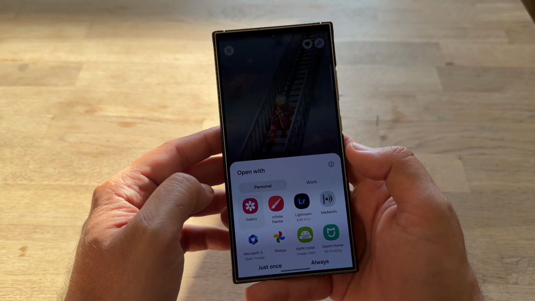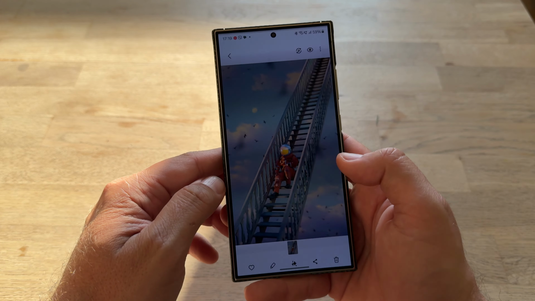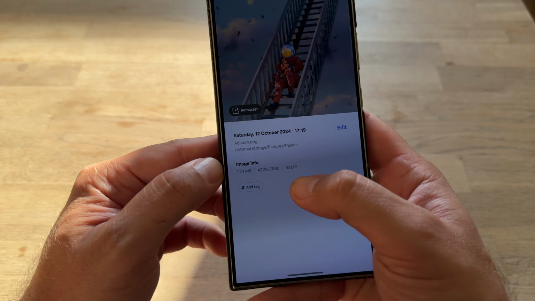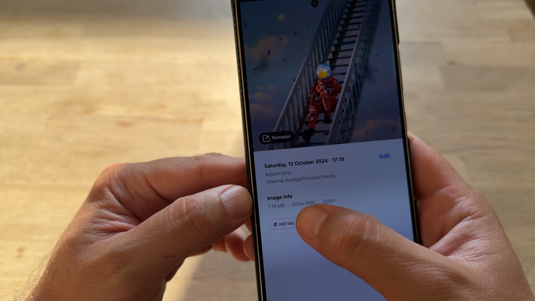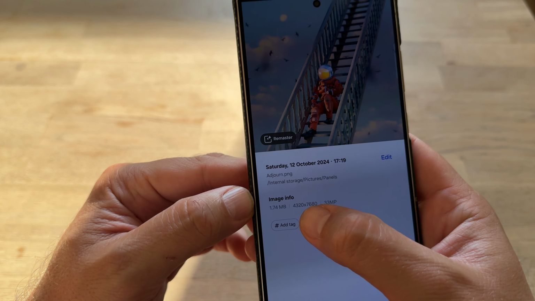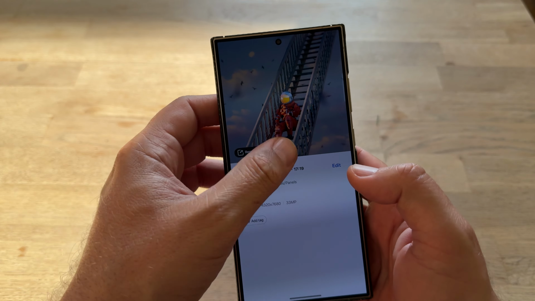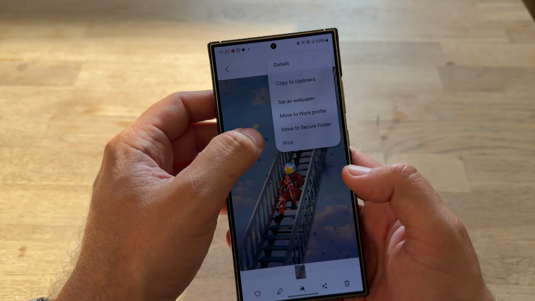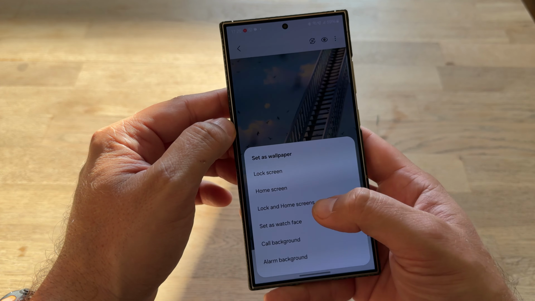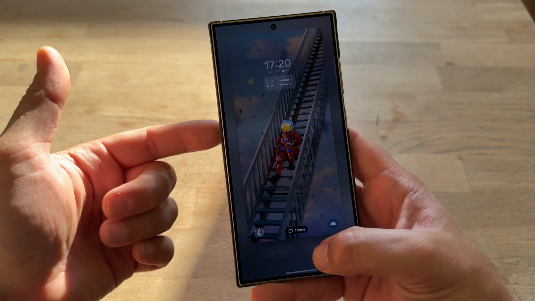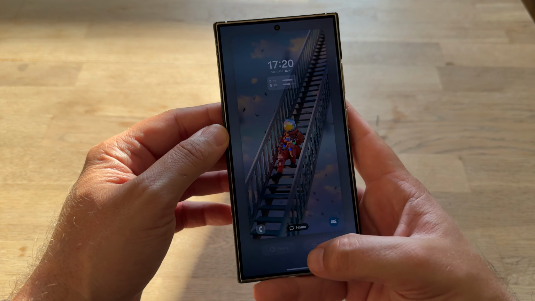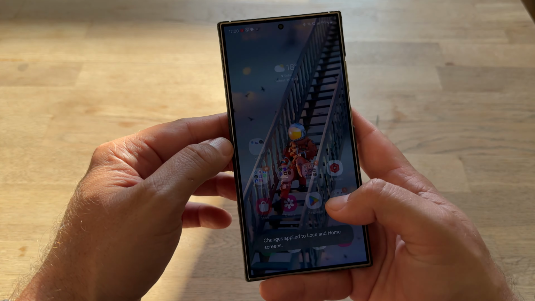All right, I'm going to open it inside the gallery just once to check it. Yes, indeed. Wow, this one, guys, is huge. It's 32 megapixels, so it's almost 2 megabytes. 4320 by 7680, so it's a nice resolution. Okay, from here, guys, I am gonna hit set as wallpaper. I'm gonna set it both on my lock and home screen. By the way, this one is very good, so I'm just gonna probably use it for a few days. I just like these motifs.